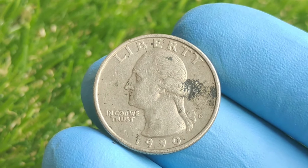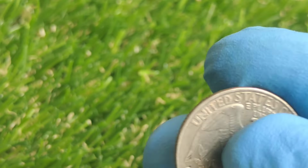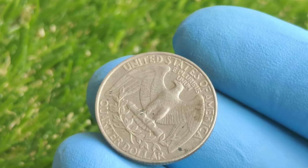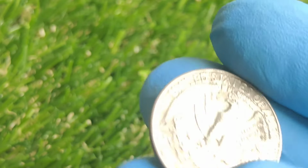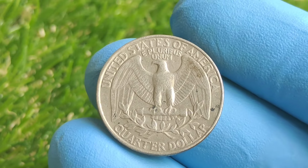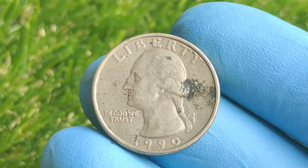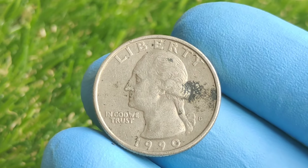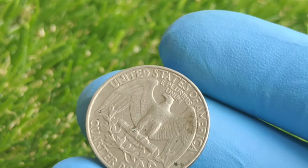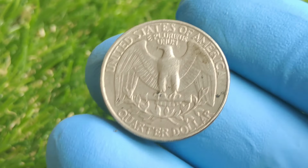But it doesn't stop there, because the reverse side of this coin, the side that traditionally displays the heraldic eagle design, was instead struck with an incomplete and off-centered reverse die that not only failed to position the eagle properly, but also left part of the reverse design missing entirely, showing a partial collar strike that gave the edge a strange, bulged appearance and led to a slightly elliptical coin shape, further compounding the error and turning the piece into a minting marvel. And upon close inspection by numismatists using high-powered magnification, microscopic die cracks were discovered spidering across both